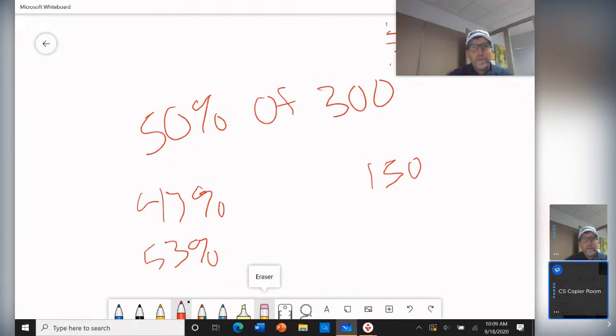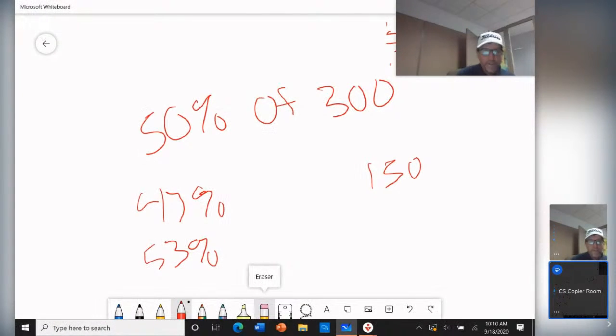So it gives you a ballpark figure, a baseline, like, okay, my answer is going to be around there. That way, if you look at your answer and it's not close to half, you're like, oh, I did something wrong. So your baseline is always a good starting point when you have a bigger number like this 300,